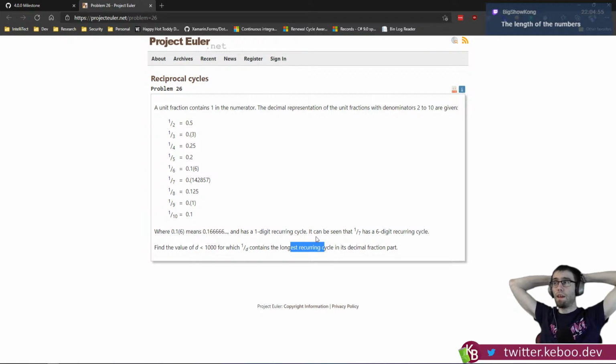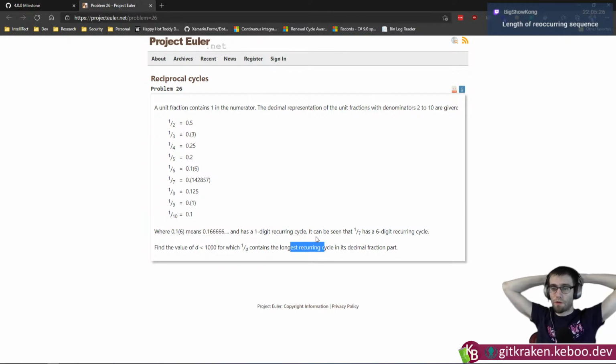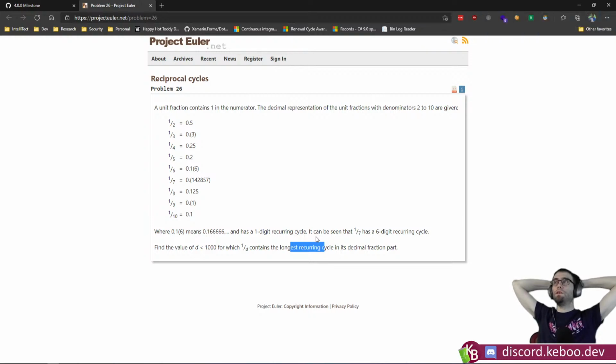So given a set, we're looking to find, yeah, the length of the reoccurring sequence. We're looking to find what the reoccurring sequence is, and then order it to find the longest possible one. So the first question that comes out is, given an arbitrary sequence, how do you find the reoccurring subsequence within that? I'm trying to think of if there's an easy way to do that. I mean, obviously, the simple option,